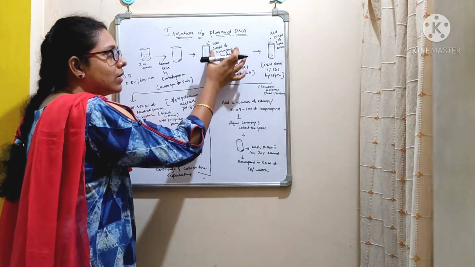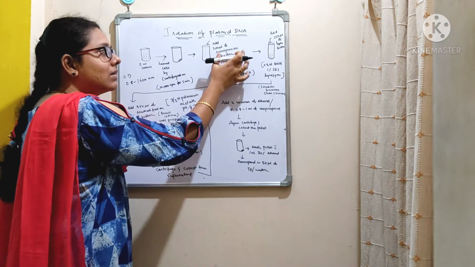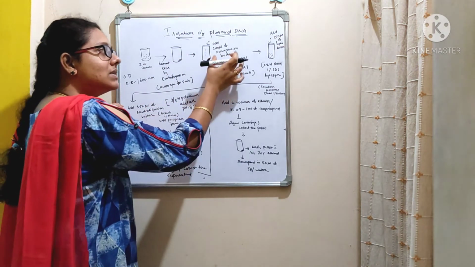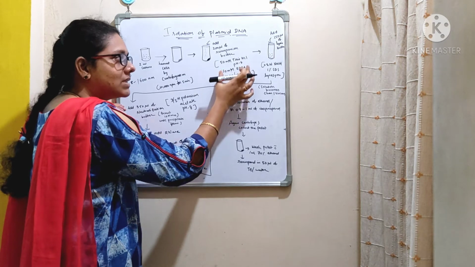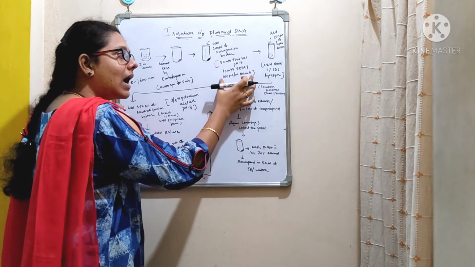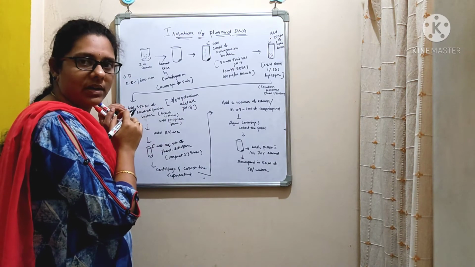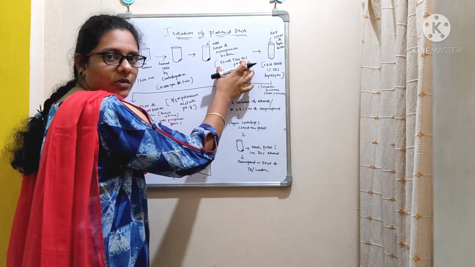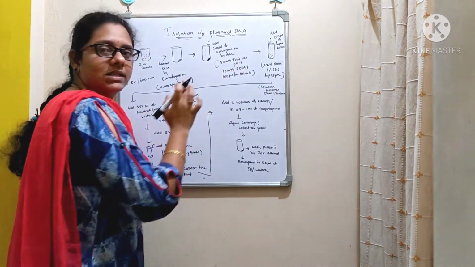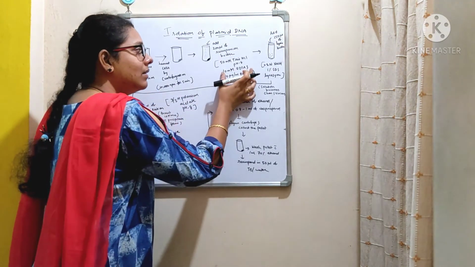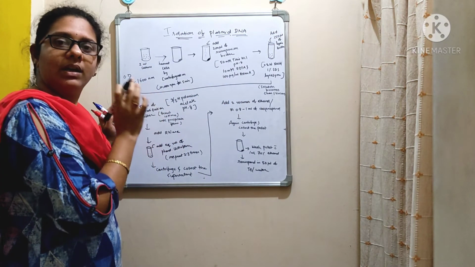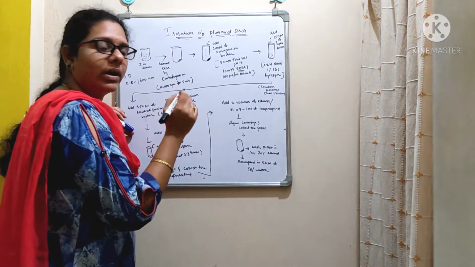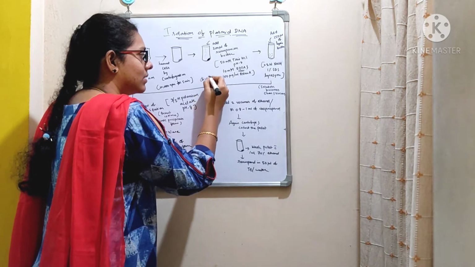Listen carefully here. We are resuspending the pellet in a resuspension buffer where we are going to add 200 microliters of it. And this resuspension buffer is a combination of Tris-HCl, EDTA, and also you can add 100 micrograms per ml of RNase. The Tris-HCl has a pH of 8. So the reason for using Tris-HCl is to maintain a pH, and then it contains EDTA also. EDTA here acts as a chelating agent because it is going to reduce divalent cations.